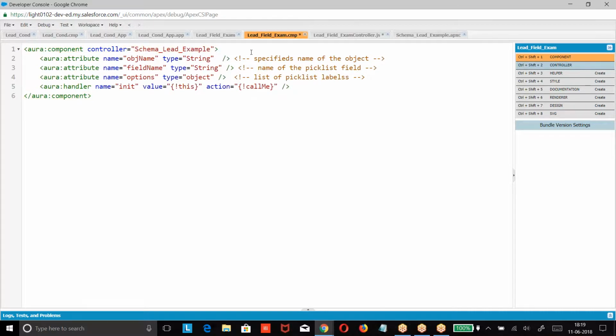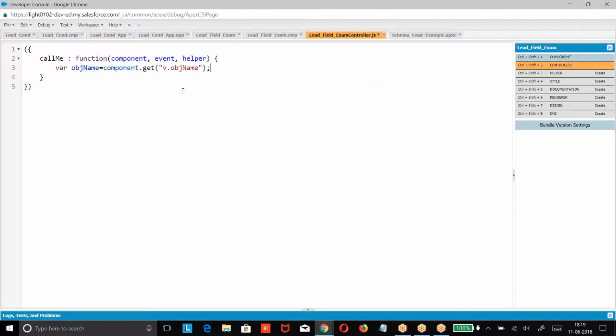Then similarly, whatever the field name you have given, get the value of it. So how do you get it? Now we got the value, name of the object, name of the field. Whatever the attributes he gave, I got the value.